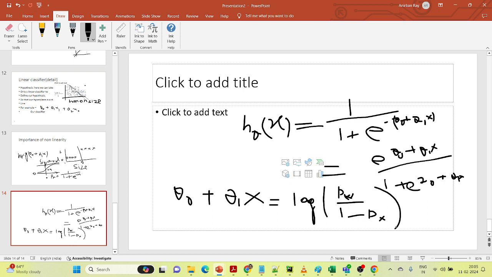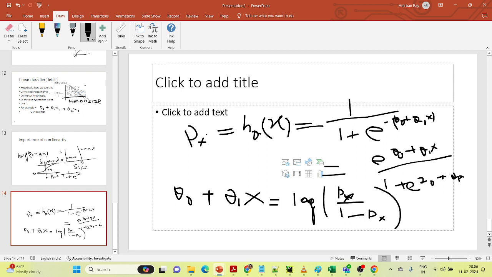Okay, so that is how we define it, and if you can manipulate it, you'll get the same expression as this. The important thing is that from this you can understand that the probability of happening is equal to, if you can manipulate and find this px, you can see that this hypothesis equals the probability of happening.